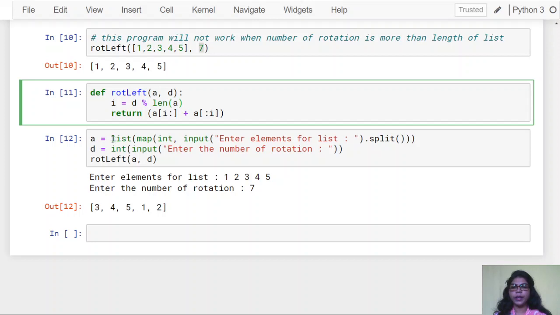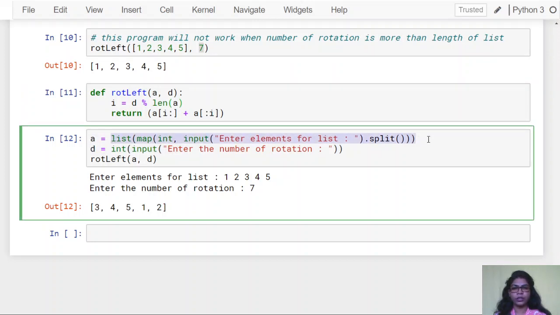So when we take the input integers for the list, we are using the map function and split here, so we have entered 1 space 2 space 3 space 4 space and 5. First it will split that into a list, and we are using that list in the map function so that each and every element of the list will be converted into an integer, so that you will get an array in a single line.